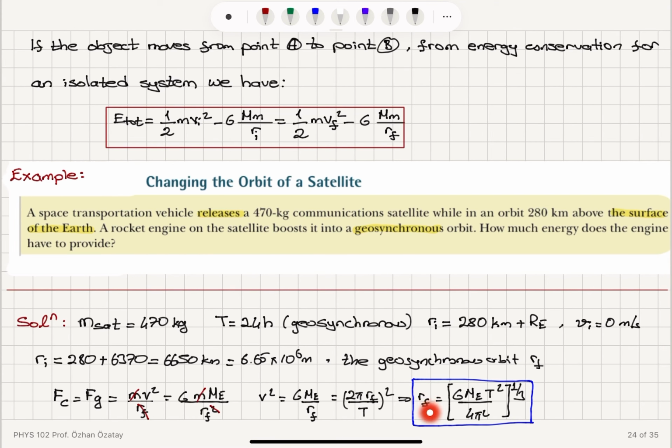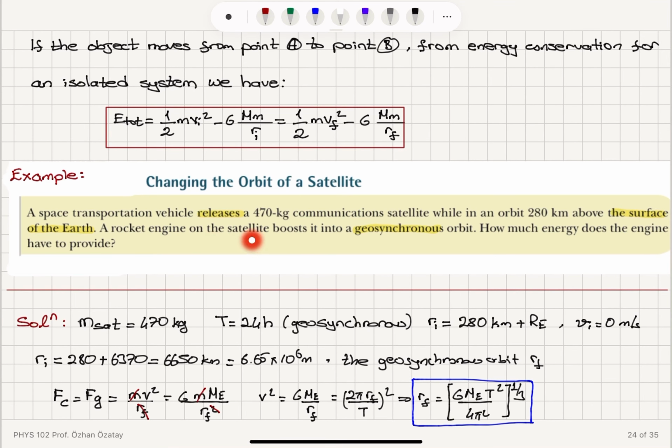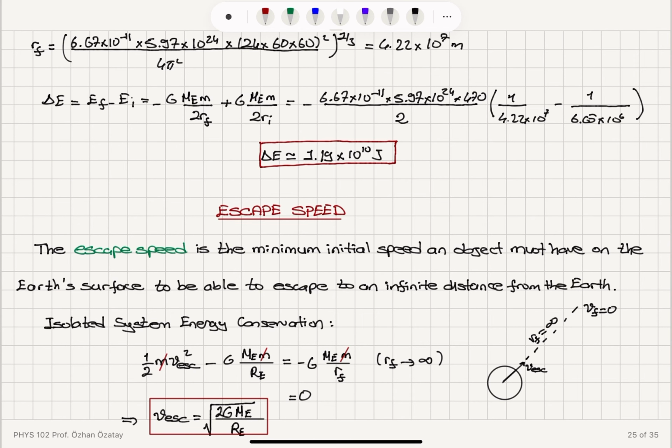We see that the radial position will have a distance from the center of the Earth given by (G M_E T squared over 4 pi squared) to the power 1/3, and this actually has to do with one of Kepler's laws we will see in the next lecture. By plugging in the numbers, we obtain the final radial position, and then we can just look at the change in the total mechanical energy. The total mechanical energy is changing because the rocket engine is providing some energy into the system. The energy that we have to input is 1.19 times 10 to the 10 joules in order to obtain